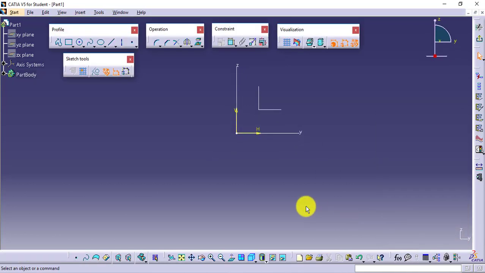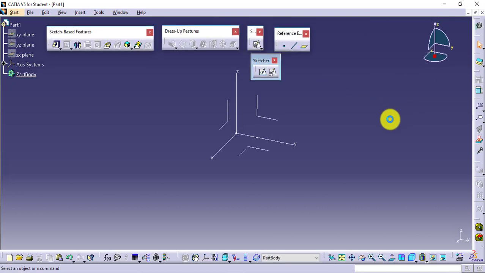I'll say okay. Now I have the same sketcher environment. There is no such difference. All the toolbars are same, everything is same. The difference is with the orientation. I can maintain my orientation of the sketch as per my requirements.